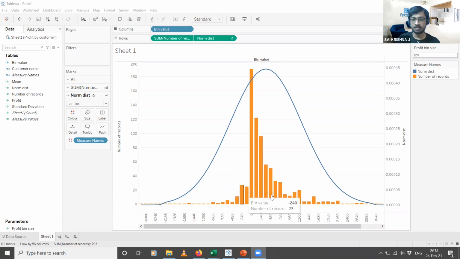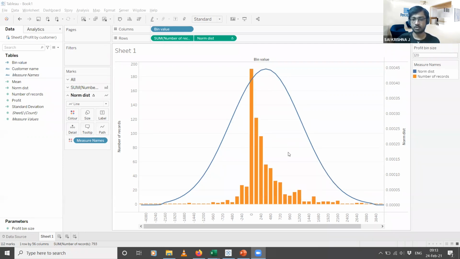Okay, and this data, as we know, has one particular value of mean and standard deviation. All right, so if this data were to follow a perfectly normal distribution, how would that look like? That is what the curve represents. So this is what the perfect normal distribution will look like given a particular mean and standard deviation.